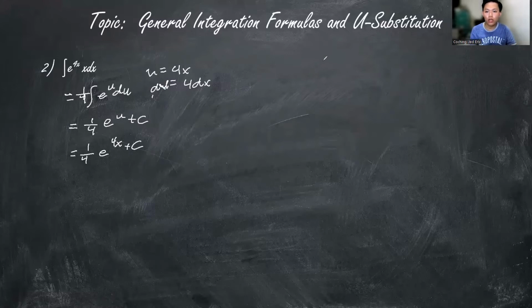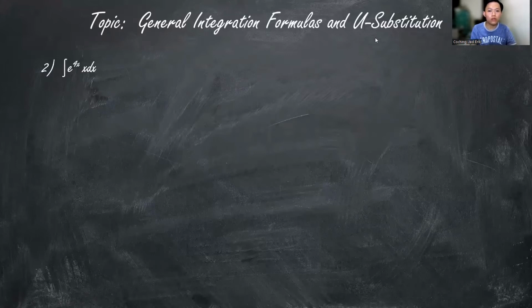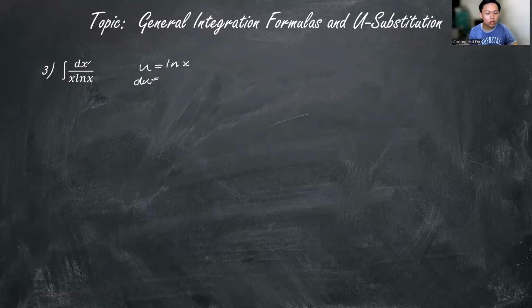Now we can go to the next problem. Okay, here we have another problem, and we solve this using u substitution, and u is equal to ln x, as the derivative of ln x is 1 divided by x, and the value of dx here is just 1, and 1 divided by x is the derivative of ln x. So the du is equal to